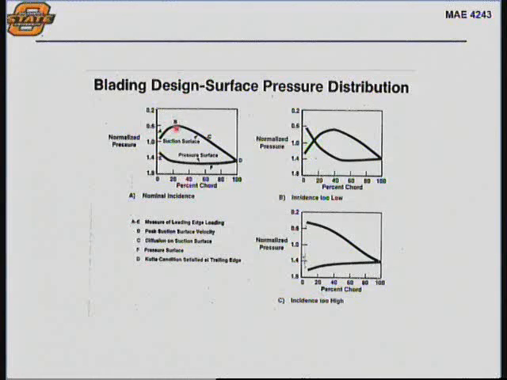These are terms that designers use. You have the peak suction region, and then you have the diffusion region of your upper surface of the airfoil that diffuses back towards the trailing edge. And of course, this is the pressure side, and you have to enforce the Kutta condition at the trailing edge